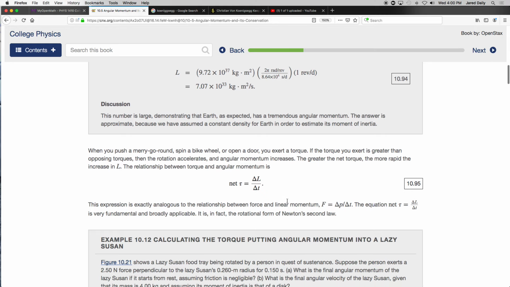This is the equation you need to remember. Instead of force equals change in momentum over time, you need to do torque equals change in angular momentum over change in time. Same idea. But you need to remember that torque is also equal to I times alpha. Whenever you're dealing with torque, remember that it can be equal to two things: change in L over change in T, or it can be equal to I times alpha. Just like force can equal change in momentum over change in time and mass times acceleration. Because usually you can get the torque from one of those two, and then you can calculate the rest of it once you calculate the